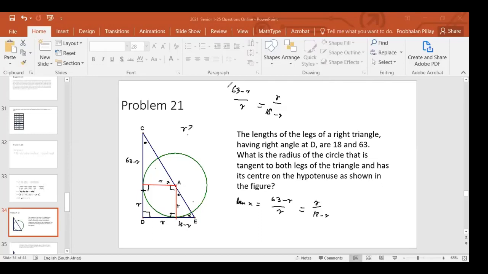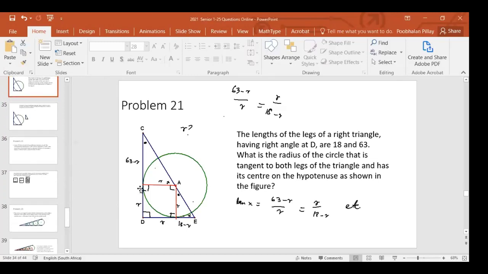Now, where did this come from? So there it is. You have an equation involving R, and you can solve for R. I'm not going to do that because we don't have time. But the whole idea is to get to an equation, and thereafter you can solve it. That's just for academic purposes. So let's just get on to the next problem.